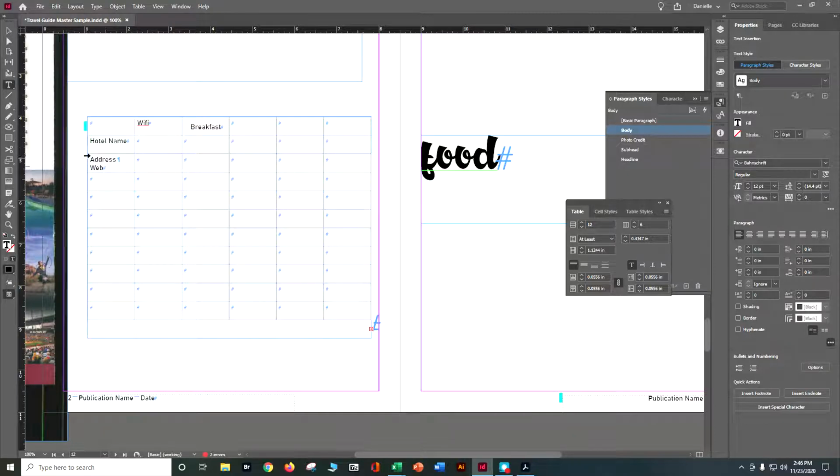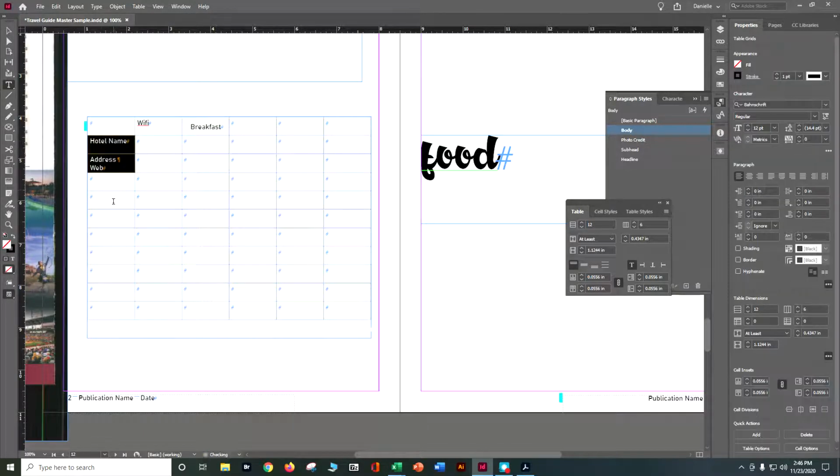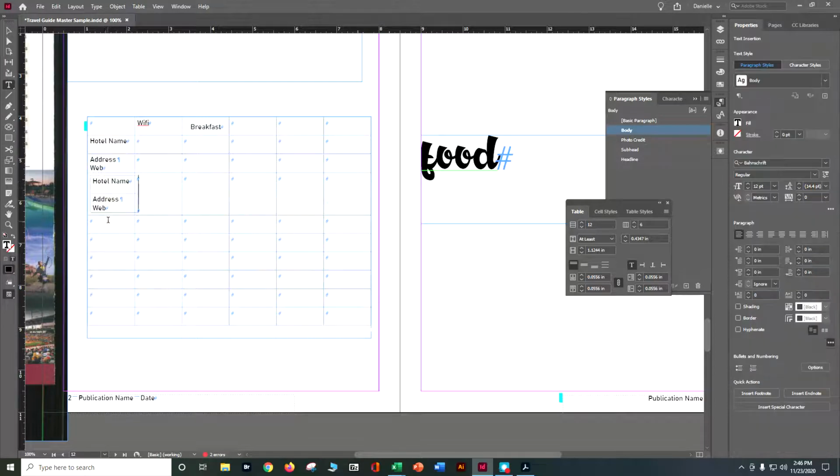And I'm going to do that 5 times. So that way I can create a different look and feel. Maybe I want to play with it, so I copy and paste that down. The trick with tables is to make sure, oh, undo, you are working with the text tool